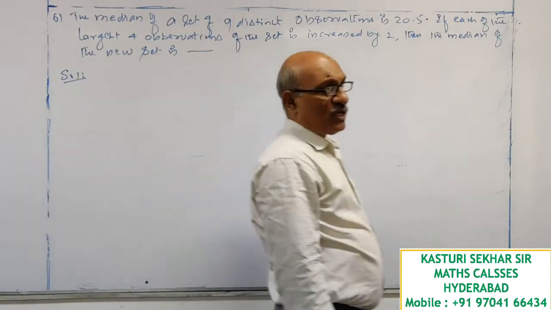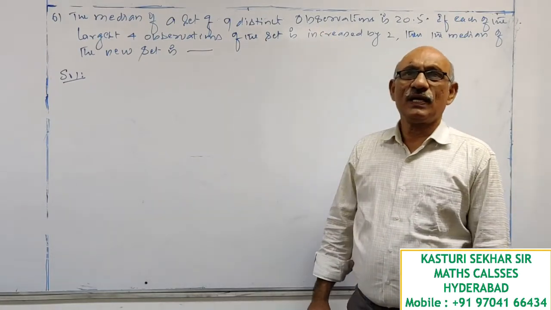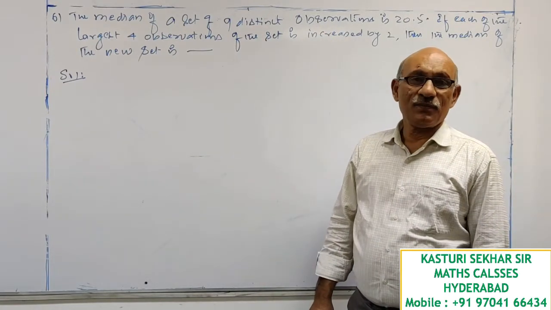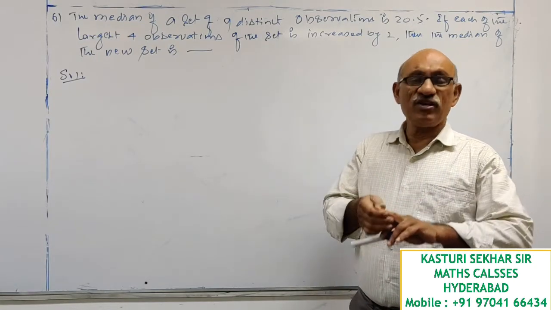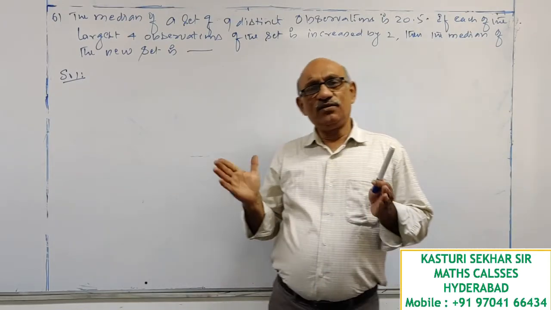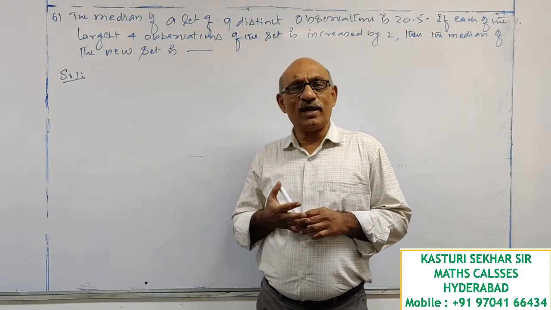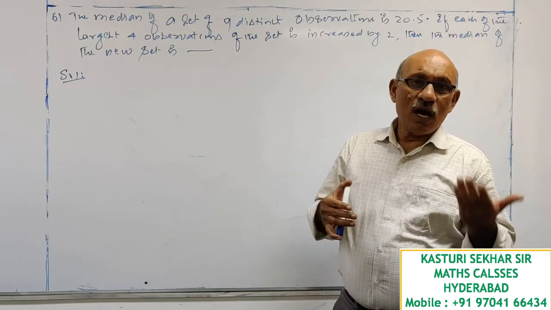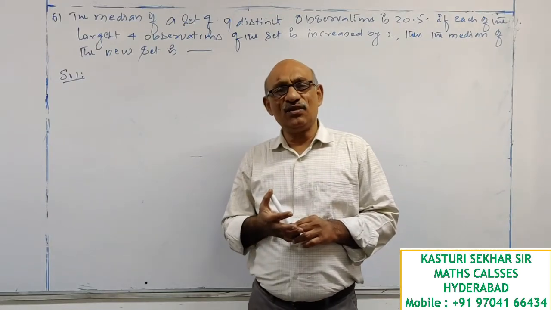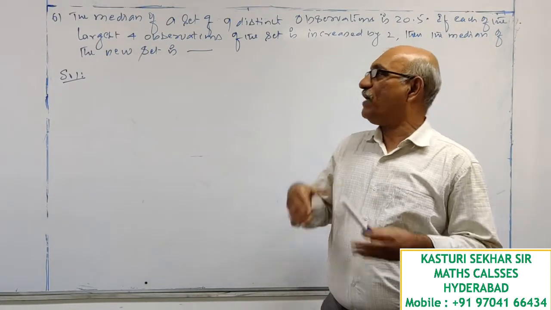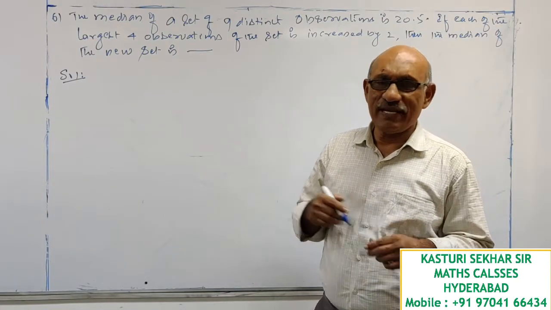Look at this, sir. The answer to this question is based on the property of median. Median is a positional average, and calculation of median is not dependent on each and every observation. It is a partition value. To what extent is median dependent on the other values? Other values are less than median or more than median. For this comparison only, the value of median is dependent on other observations. When you add 2 or you add 10, you add 100, it doesn't make any difference on the value of median.